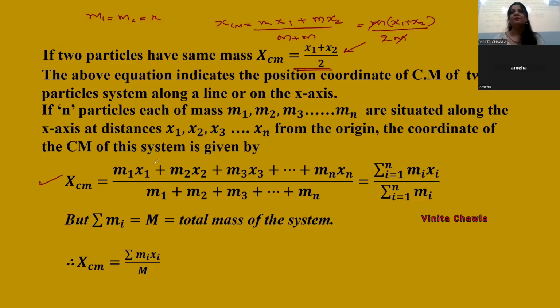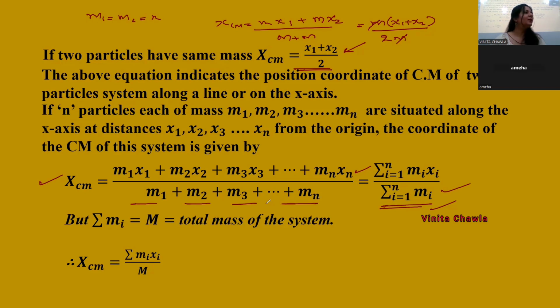And for n particles we have the same formula, ठीक है, but here we have n number of terms, ठीक है? अब समेशन में कैसे लिखते हैं, बिकॉज यहाँ पे आपकी साइकिल चलती है from i is equal to 1 to n, so we'll put i is equal to 1, so this becomes m1 x1, then summation indicates plus sign, i is equal to 2, increase the value of i, m2 x2 again plus, m3 x3 again plus, m4 x4 again plus till n, और n के बाद when it becomes n plus 1 we'll stop it, stop the cycle, काउंटर को बंद कर देंगे, ठीक है? सिमिलरली यहाँ पे काउंटर चलेगा आपका n तक, i is equal to 1 to n mi, and summation over i is equal to 1 to n mi is